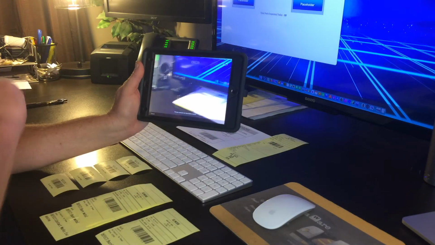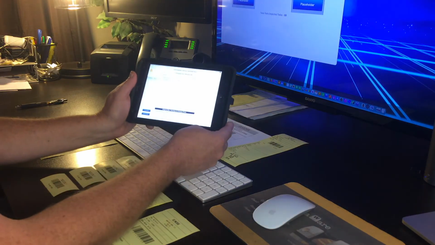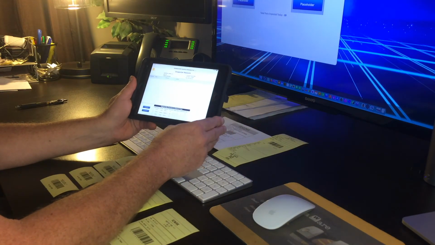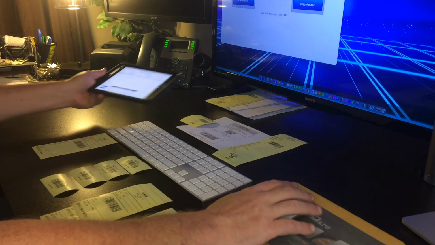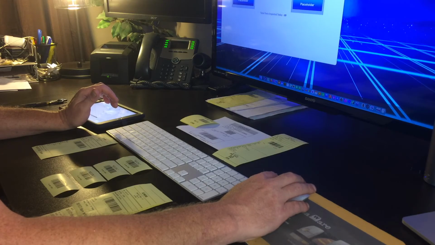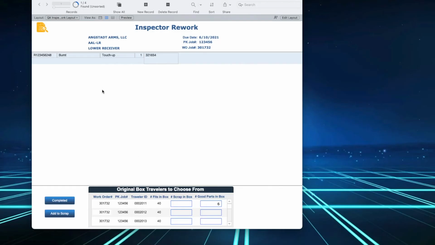And then I'm going to pick one of these to scan it in. All right, so that one was good. So when we're looking at the rework screen, I'll see if I can bring this back up on the big screen now. All right, so on the big screen,